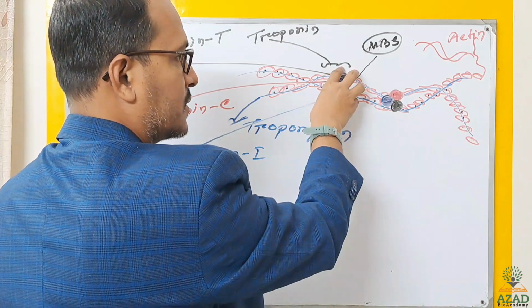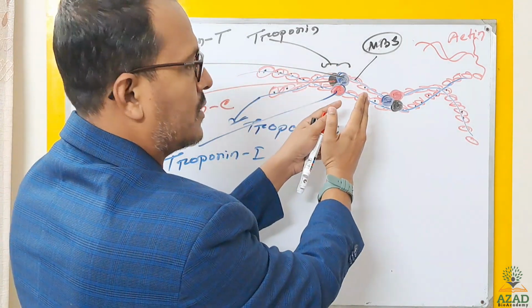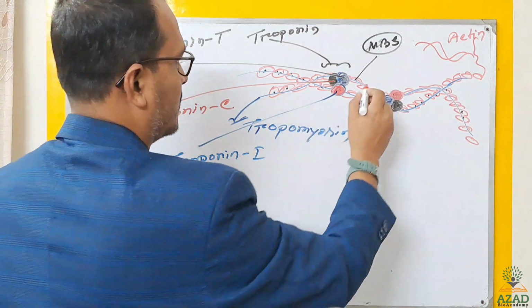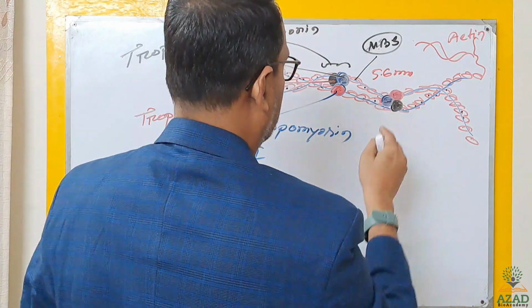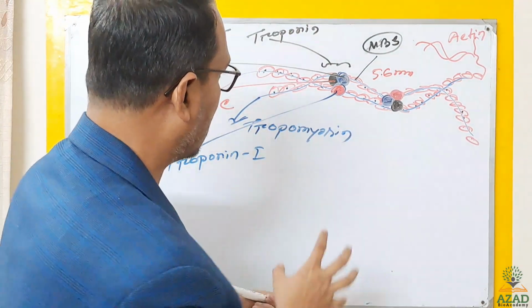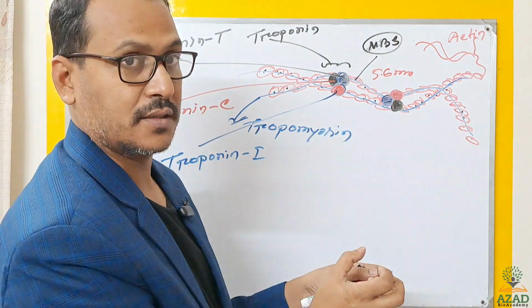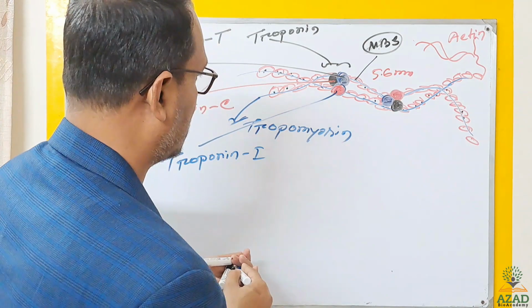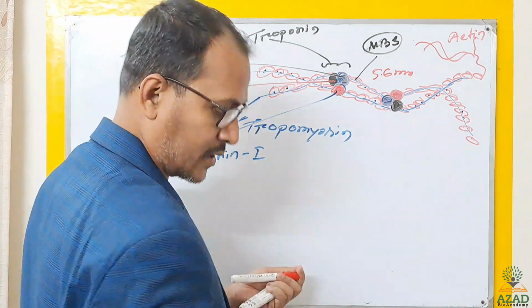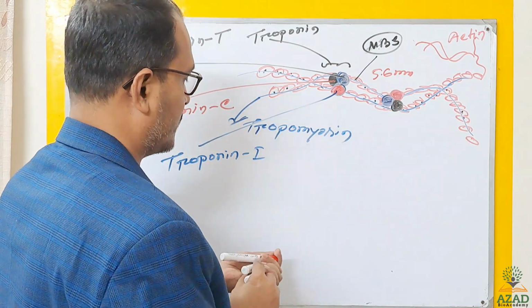Troponin complex for every 7 monomer interval, and you can think this is almost 5.6 nanometer in distance. So how will it bind with the myosin, that will make contraction? So that is the point. So now I have to draw another thing, that is